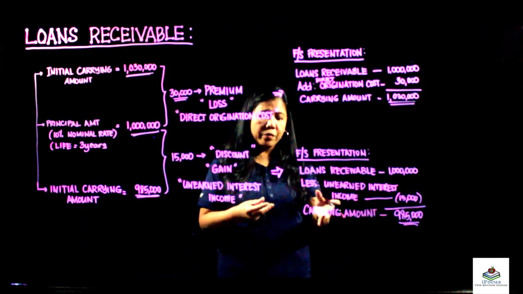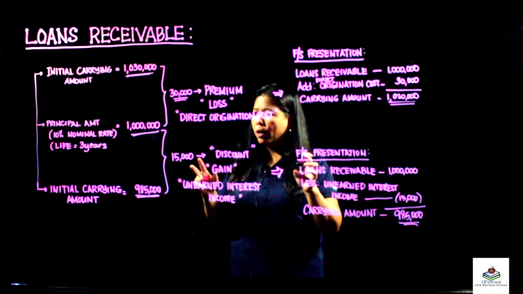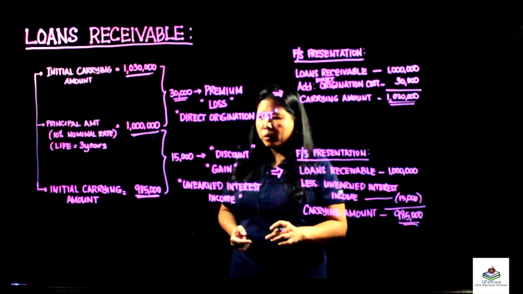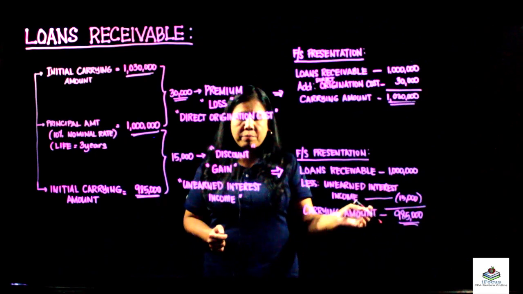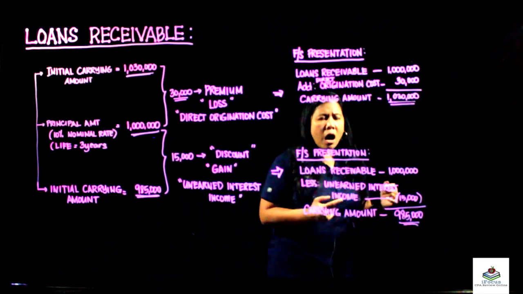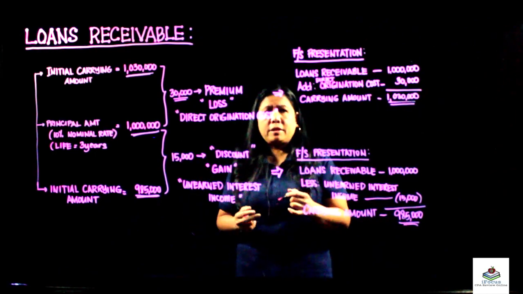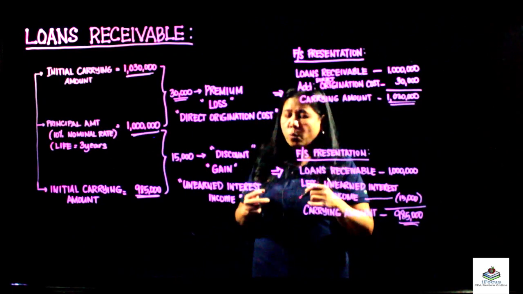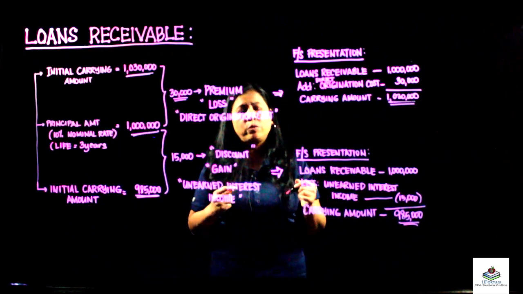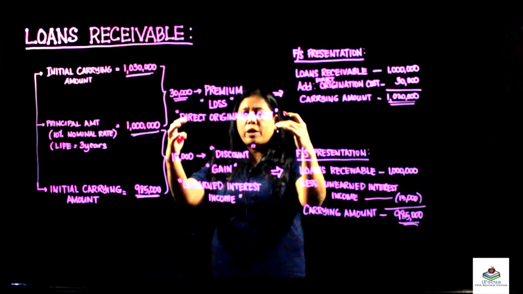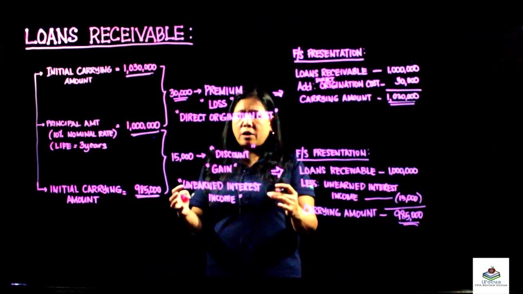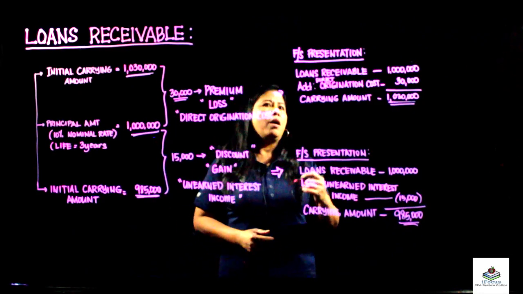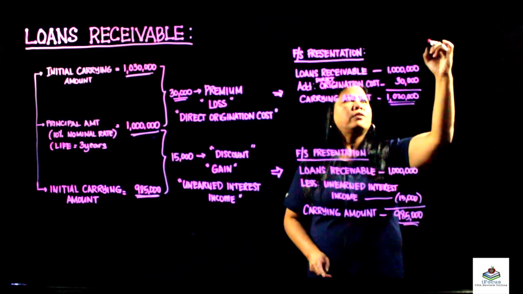So now our carrying amount of our second example will be 985,000. Now let's see, how do we journalize our amortization? What is our journal entry when we amortize this direct origination cost or this unearned interest income? So our entry,